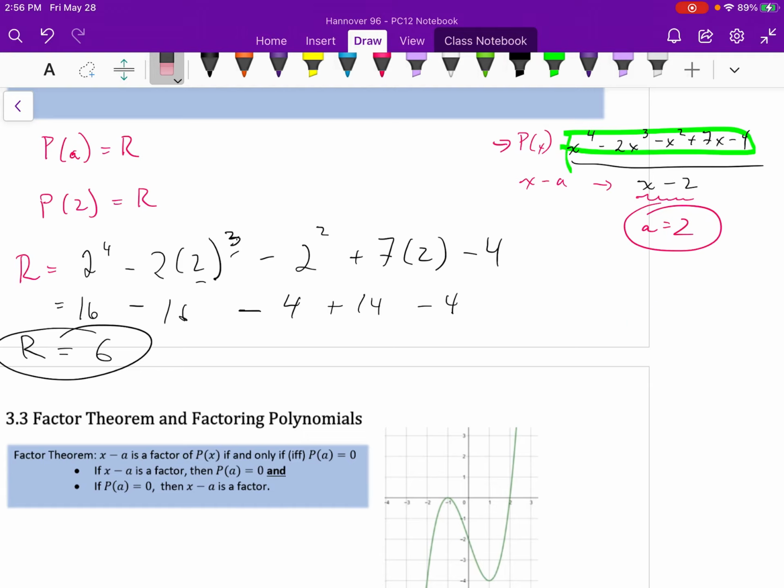So let me ask you, what is the remainder if a divisor is a factor? Well, the remainder has